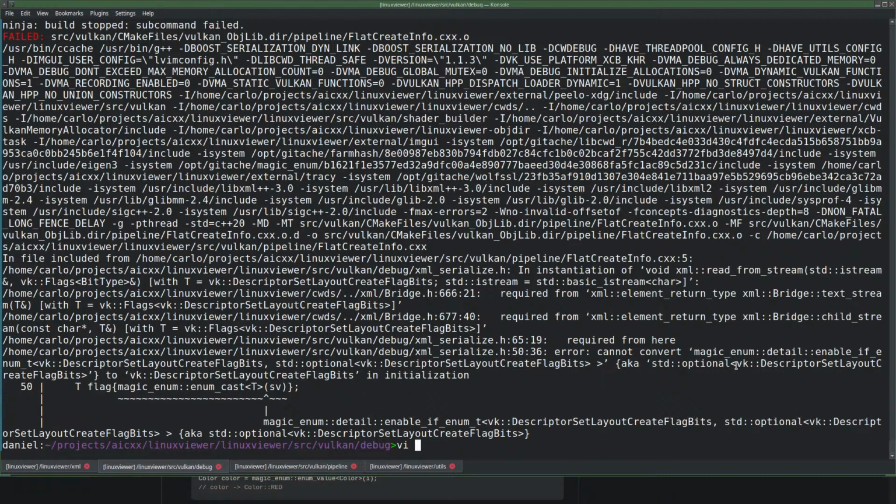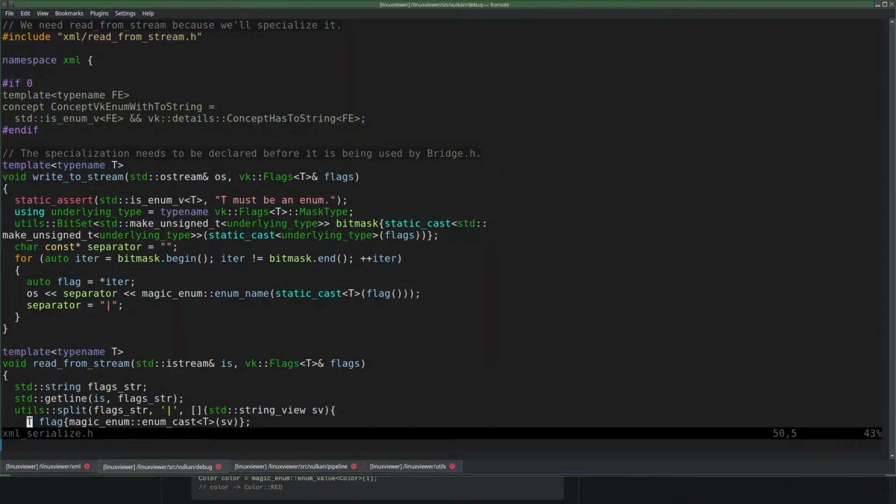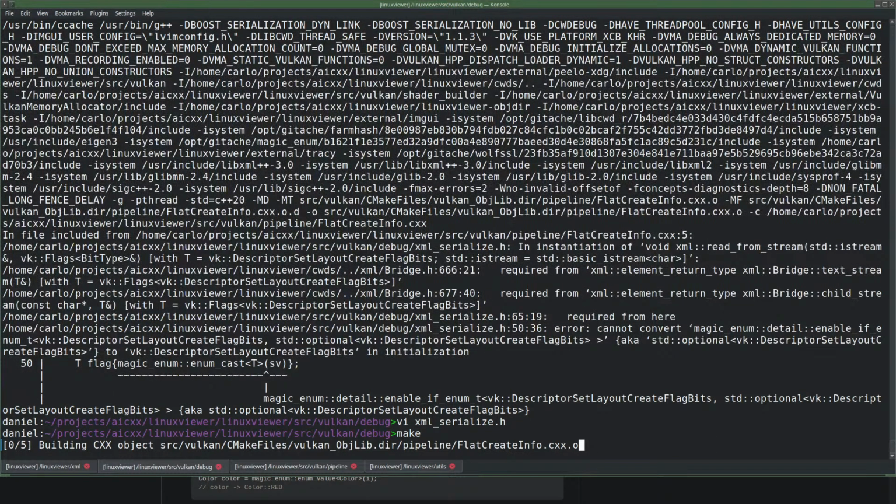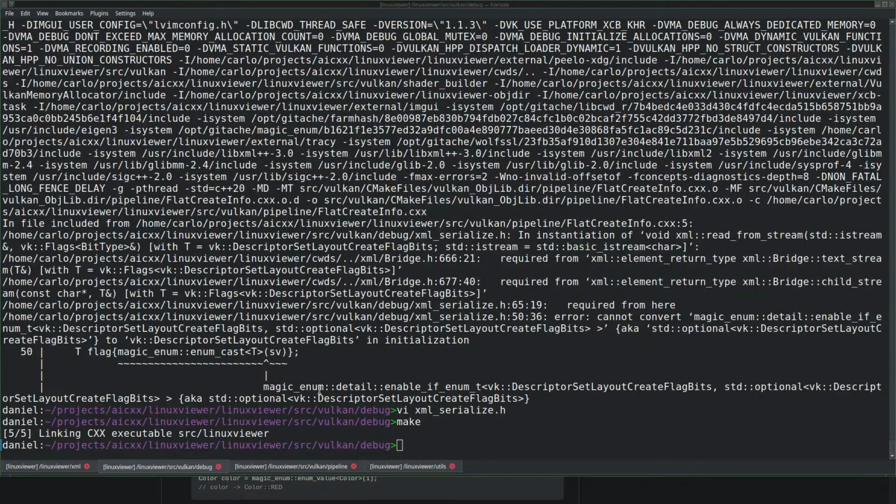We cannot convert an optional value to the actual value. Okay, I guess there is a possibility that it didn't work and then the optional is empty or something. It compiles again.